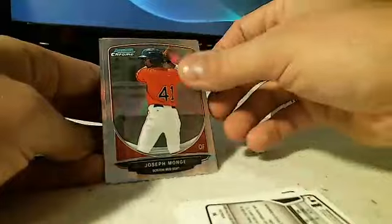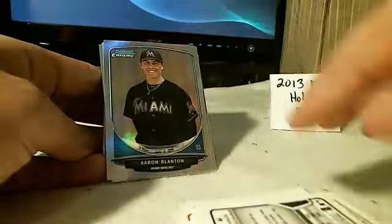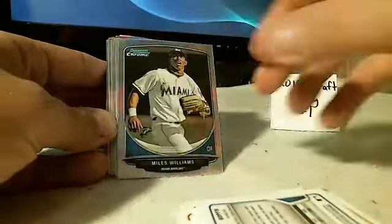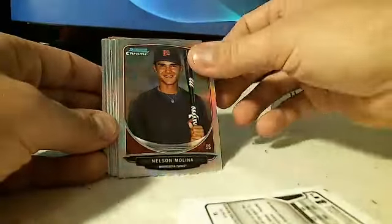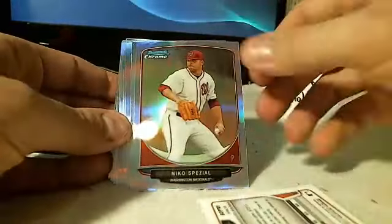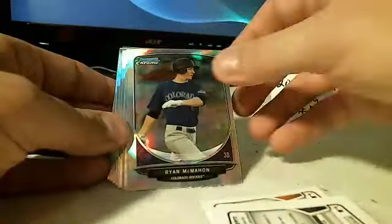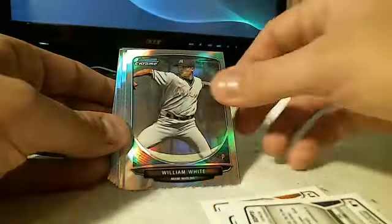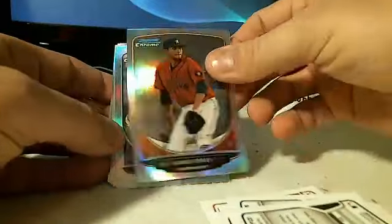the Astros, Coleman for the Yankees, Colomb for the Rays, Monge for the Red Sox, Polanco for the Pirates, Zunino for the Mariners, Blanton for the Marlins, Williams for the Marlins, Wheeler for the Mets, Jennett for the Brewers, Fagley for the White Sox, Molina for the Twins, Gasaway for the Orioles, Spezial for the Nats, Dylan Manwaring for the Braves, McMahon for the Rockies, White for the Marlins, Moran for the Marlins, Castano for the Tigers, Perez for the